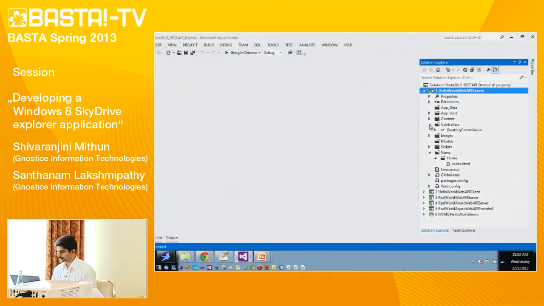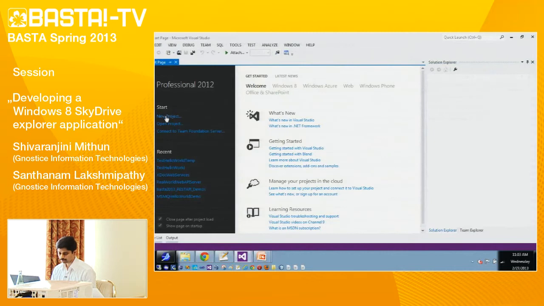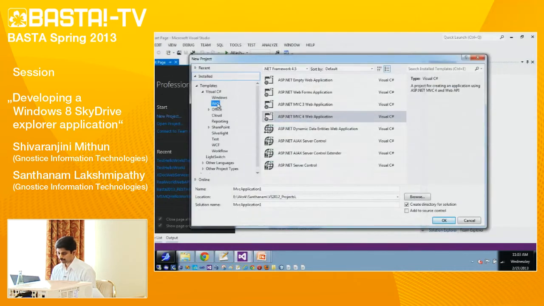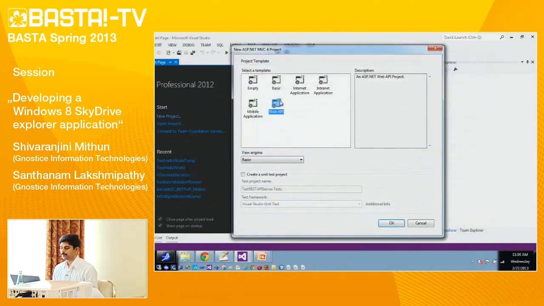We'll go to the Visual Studio IDE. We'll create a new project. For this application we are using the ASP.NET MVC4 Web Application project type. Let me give a name for this project. Test REST API server is the name, and we will select Web API as the project template here.